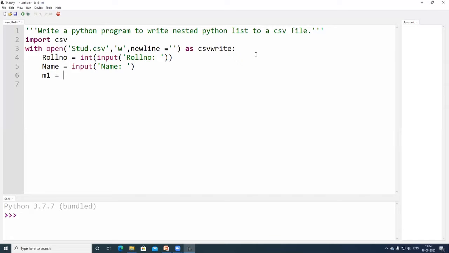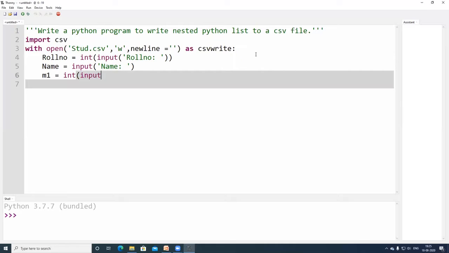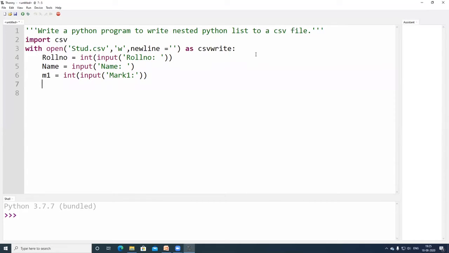I'm going to enter the marks: int of input of mark 1, the first subject mark. I am trying to accept 3 marks, right? I'm just copying it. I'm going to accept 3 marks, changing the identifiers as M1, M2, M3 respectively.